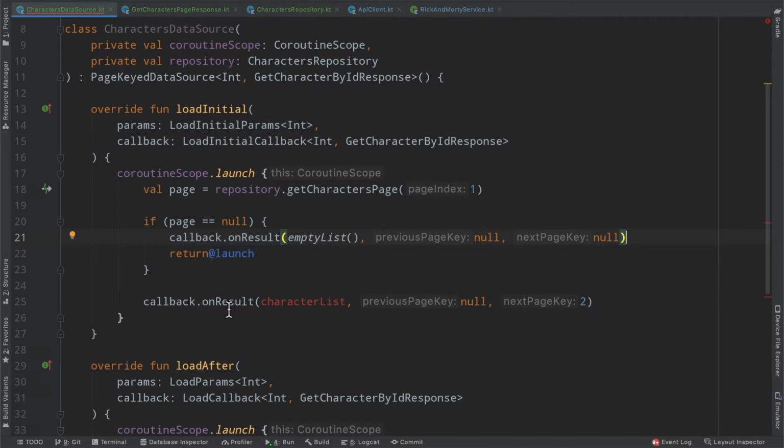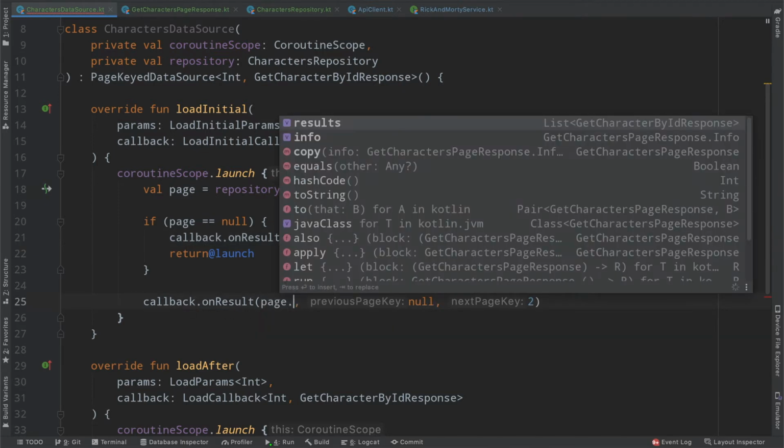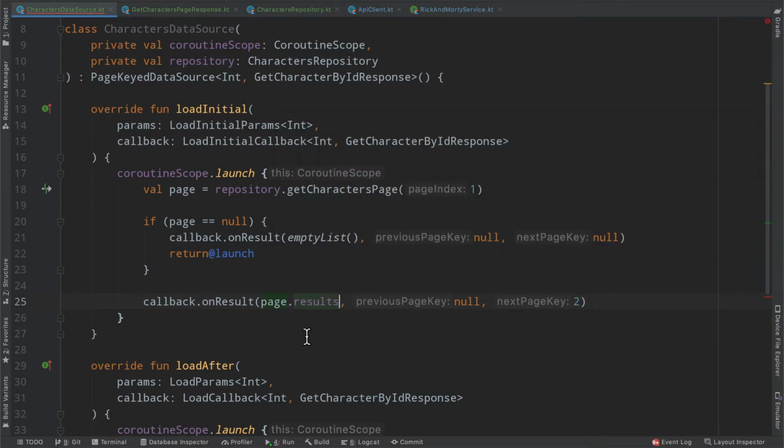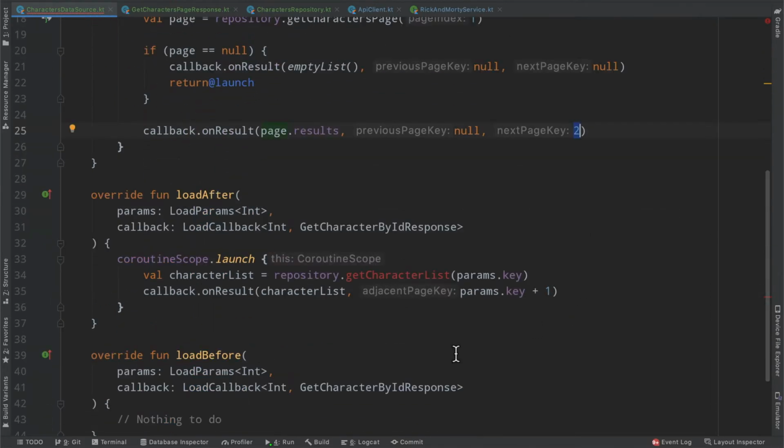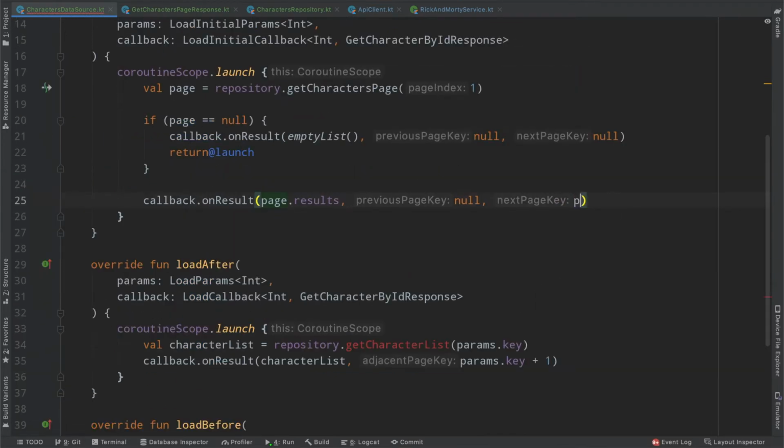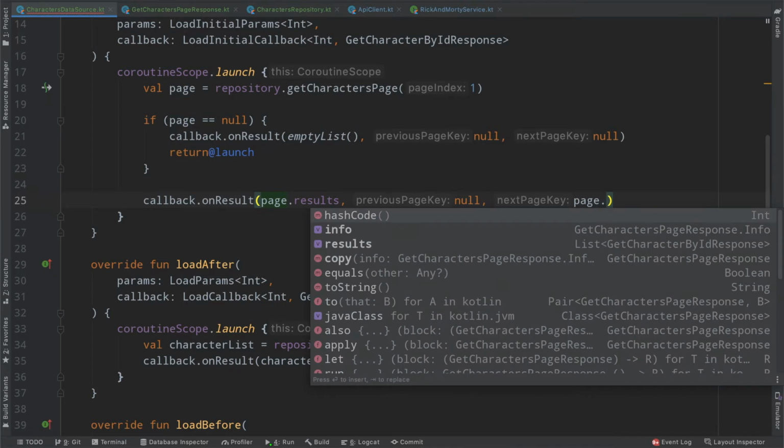And then we have to handle our success case here. So the results is a list of what we're looking for, and we can keep our page key at 2 here because we know that we should be loading the second page. However, I want to make something reusable so that when we update this implementation here, we can make use of that as well. So if we take a look at inside of our page info